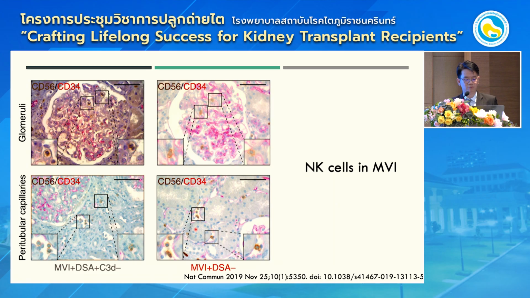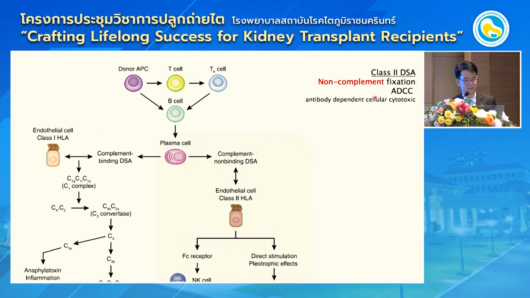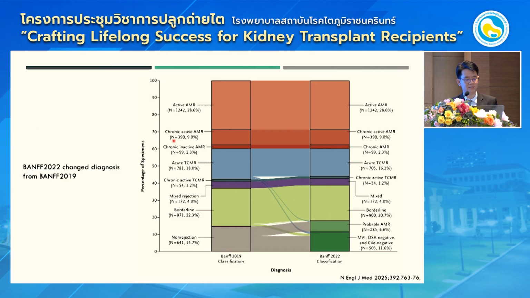Right now, we have to know the NK cell. In HLA class 2 chronic antibody rejection, you can see that in antibody-dependent cytotoxicity, the NK cell is one of the cells that infiltrates and causes inflammation in the graft. So in 2025, the study from the group that